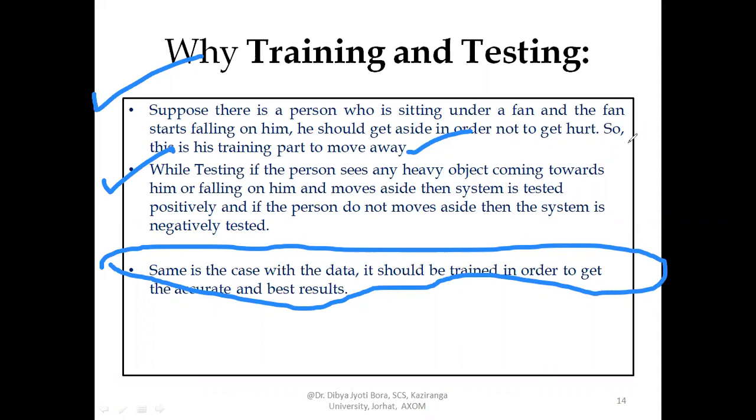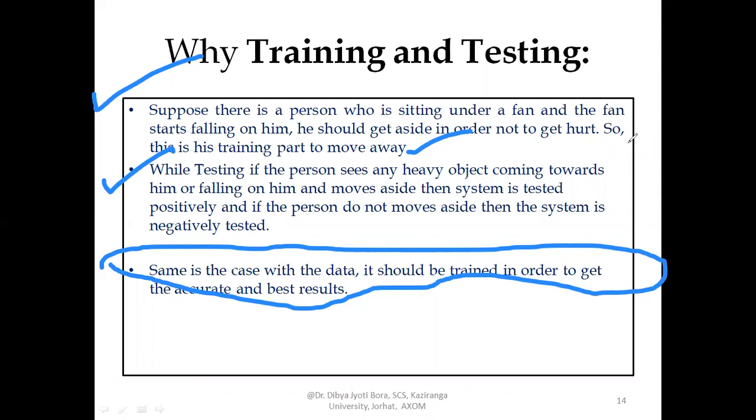अभी तो किसके बारे में हम बात कर रहे थे, फैन के बारे में बात कर रहे थे। फैन जब सिर के ऊपर गिर रहा था, आप हट गए तो हार्ट नहीं हुए, तो ये ट्रेनिंग फेज था। आप उसी टाइप का कोई नया डेटा ले लो। नया डेटा मतलब क्या है, सपोज एक ट्रक आ रहा है आपके सामने, ठीक है, और आप रास्ते के बीचों बीच हो, और फिर भी आप नहीं हट रहे हो, तो क्या हो जाएगा, you will be hurt, got into that accident, राइट। तो इसका मतलब क्या हुआ, आपका जो टेस्टिंग प्रोसेस है वो फेल हो गया।